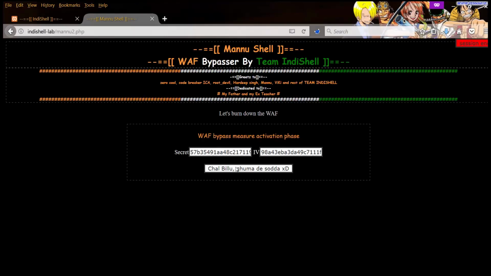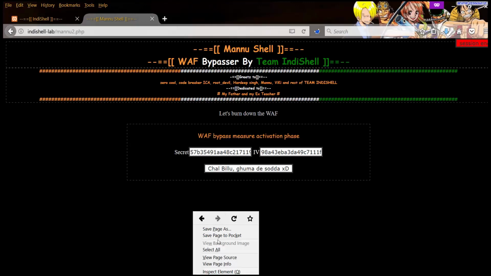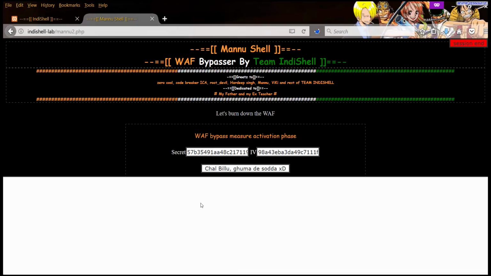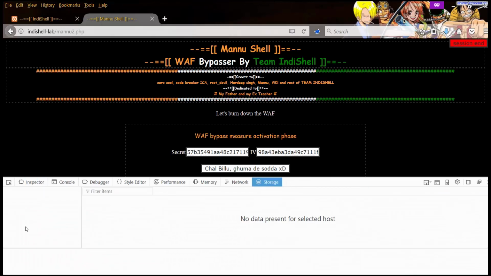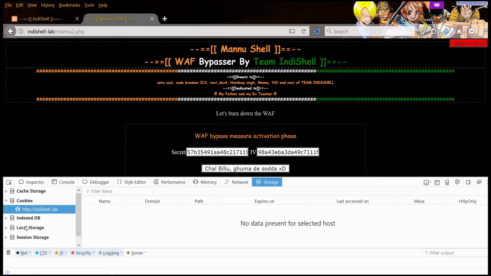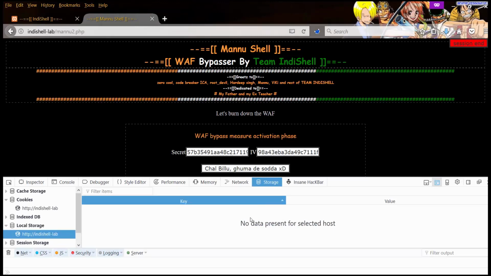Right now I am just going to show that we don't have anything in our local storage, because according to the design, this web shell will be holding the secret and IV in local storage. As of now nothing is there. So let's start. I'm going to click the button and it will store the values in local storage.